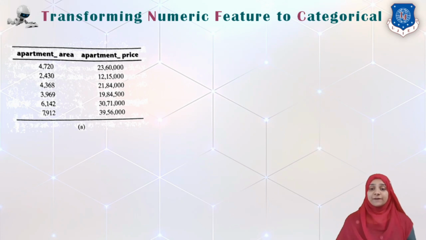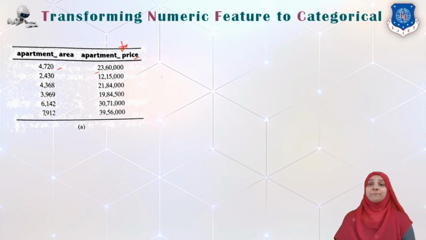This is an example where we have given an apartment area and apartment price. As you can see, apartment area is real and continuous in nature, and apartment price is also a real number and continuous in nature. My system needs to predict price, so I want categorization or discrete values of price. So I will select only one attribute at a time. Obviously you can convert the other attribute also, but here I am only covering how to convert one attribute. Later on you can do it by yourself for the other attribute also.